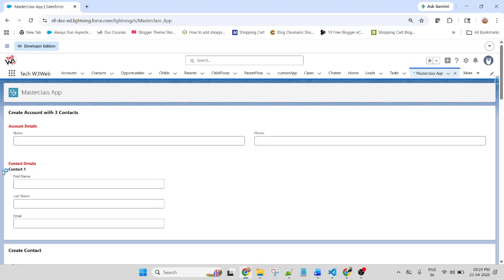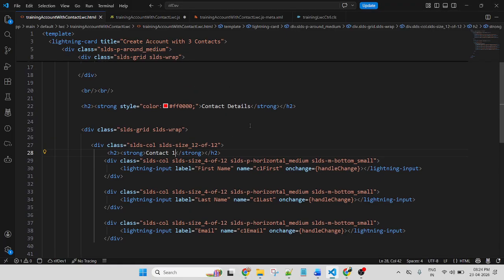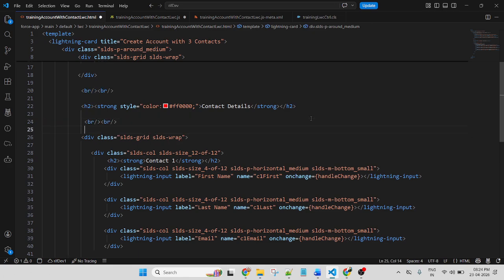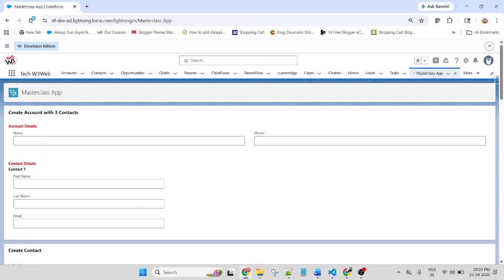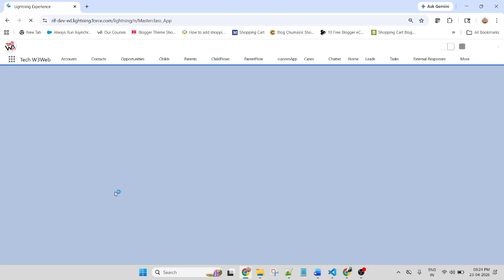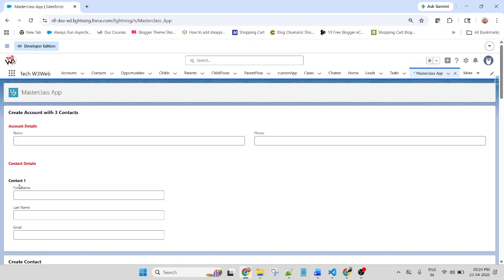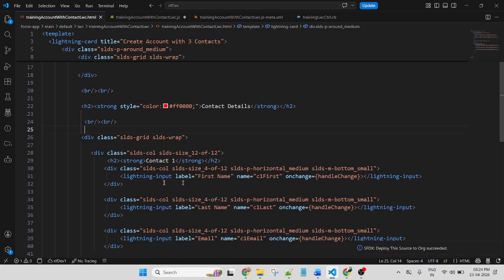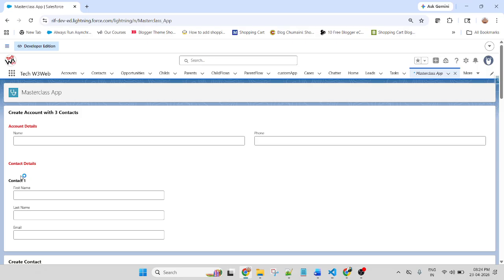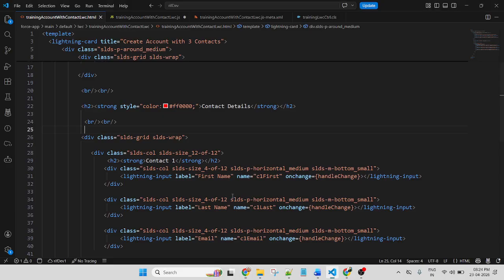Yes. Let me give a space here. It's good. So if you want to put space alignment, similarly use this space.